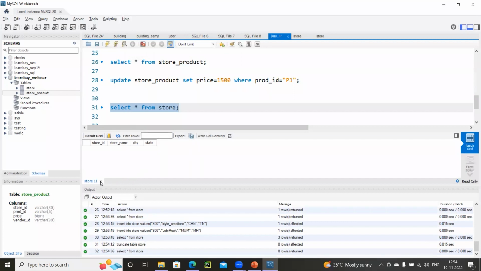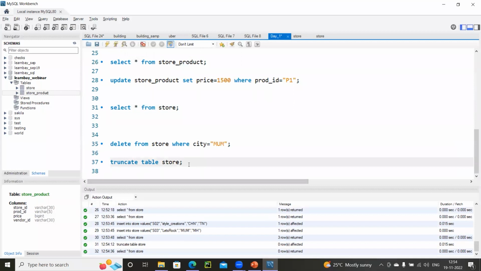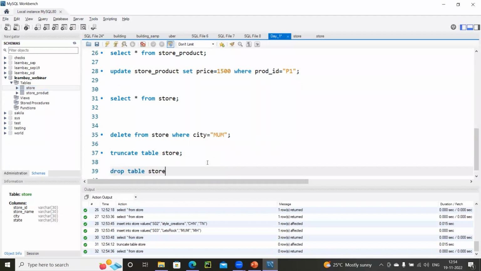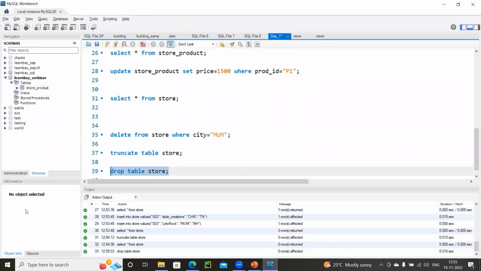Because truncate will help you to delete all the records inside the table. But remember, the structure is still the same. The structure still exists, right? Exactly, Harish. So now I'm going to drop the table. Now, the moment I drop the table, it should no more be there. Can you see the table itself got deleted? And also parallelly, you could find store is not available here. So that's the simple difference between truncate and drop.